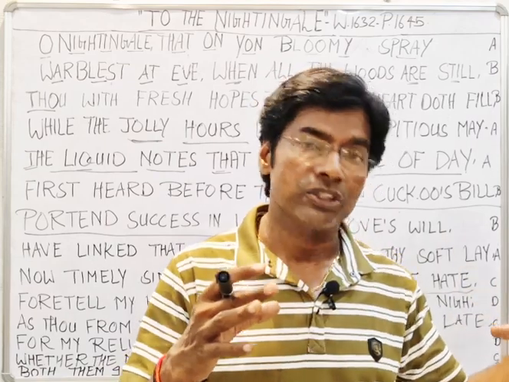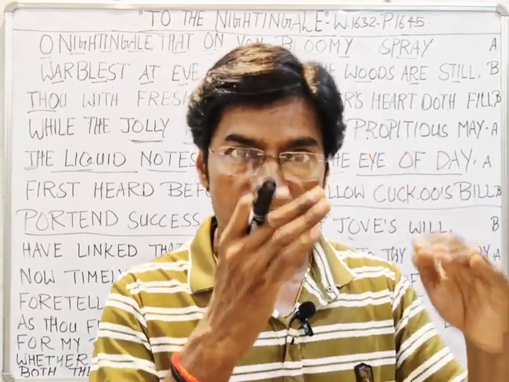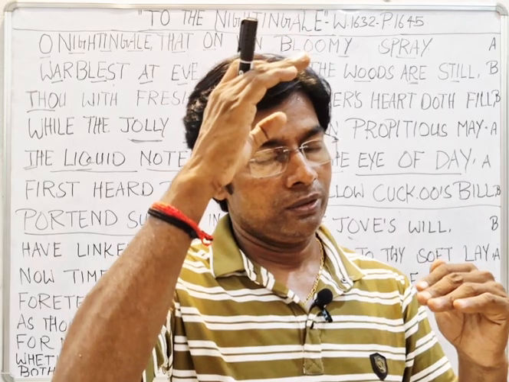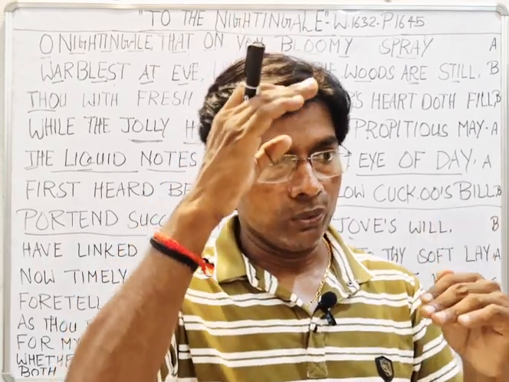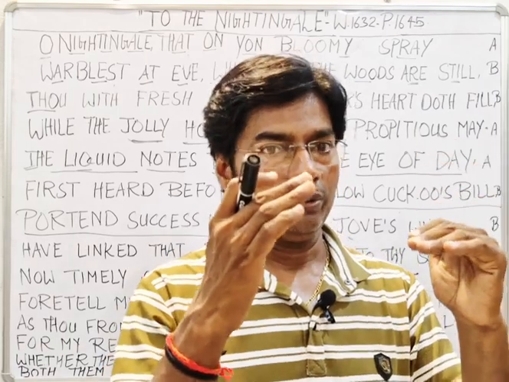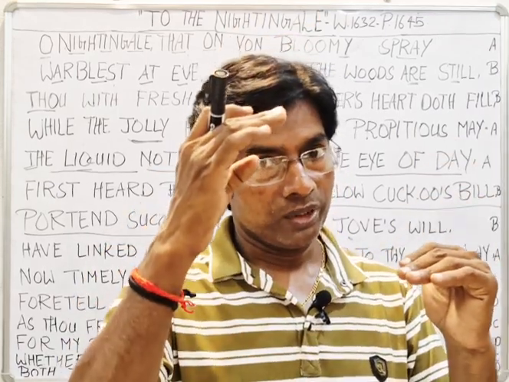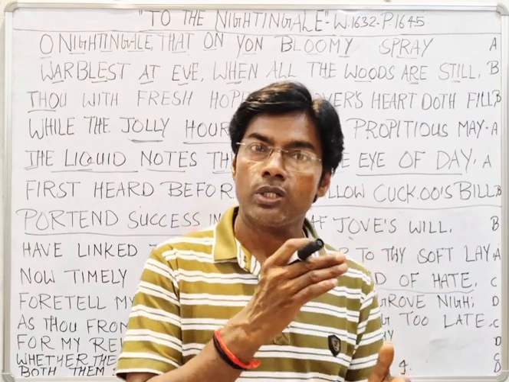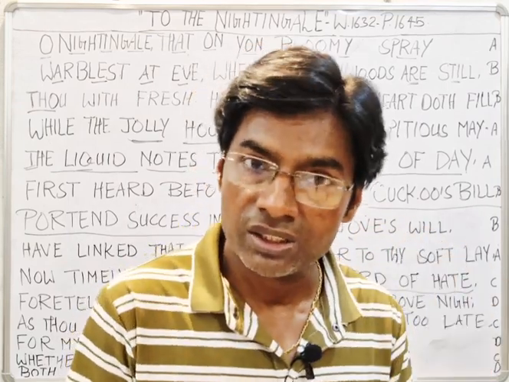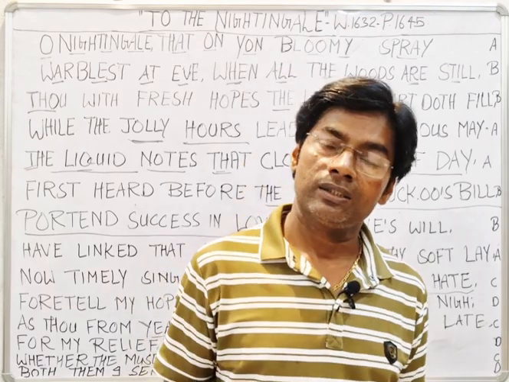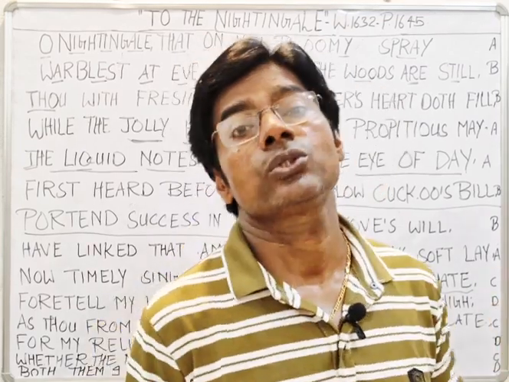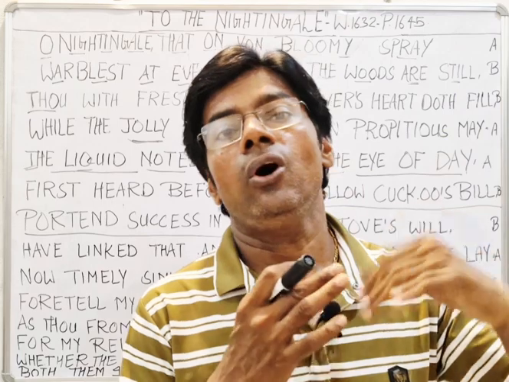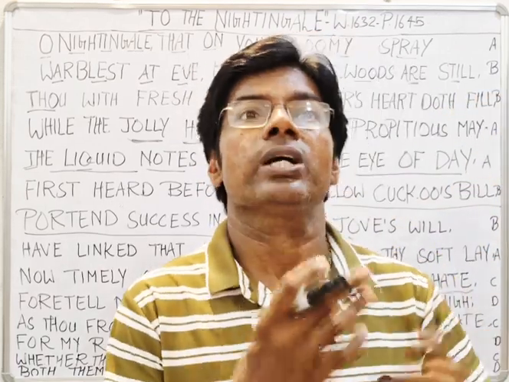And how are these syllables arranged? Unstressed, stressed. Unstressed means slow, then high. Then again slow, then again high. Slow, high, slow, high. It means short, long, unstressed, stressed, unstressed, stressed. And this pattern goes as many as 10 times: 5 times slow or short, 5 times long. It means